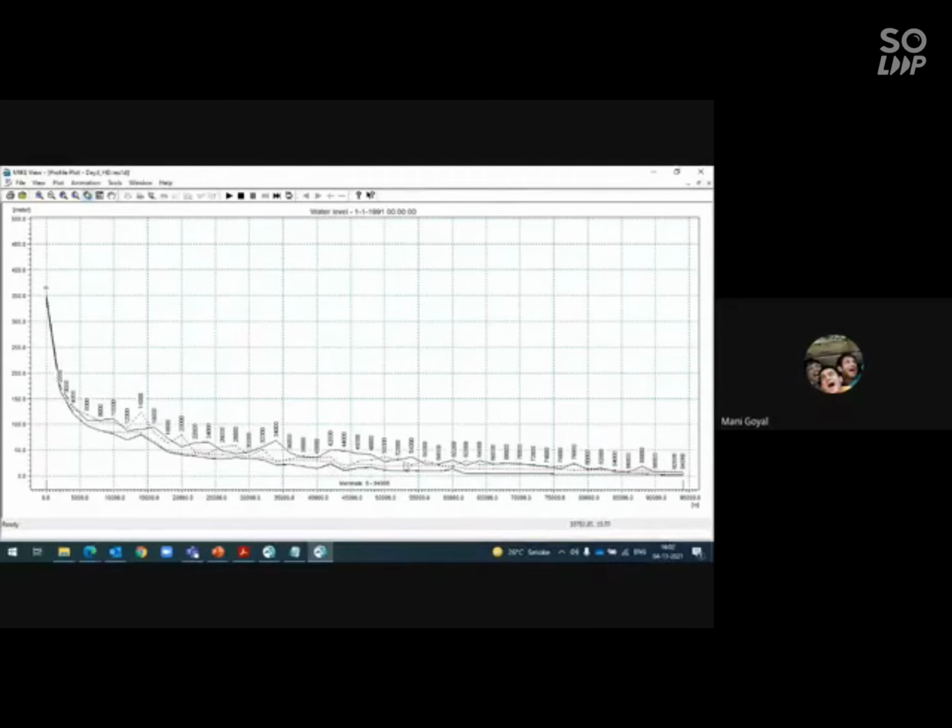The red one is the maximum water level. So wherever it will breach, if I zoom in, if I can, again that drag thing. So wherever it will breach the left or right bank, the flooding will happen. You can also see this.